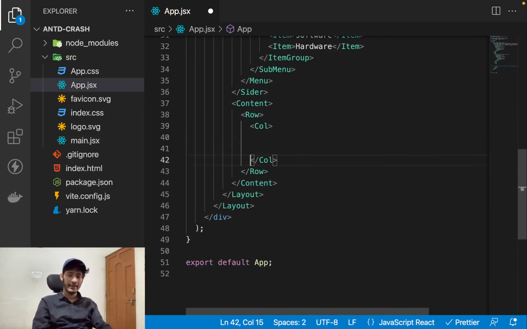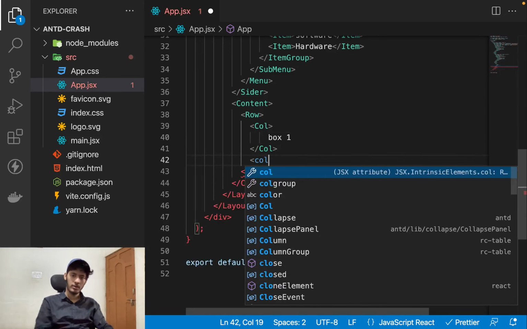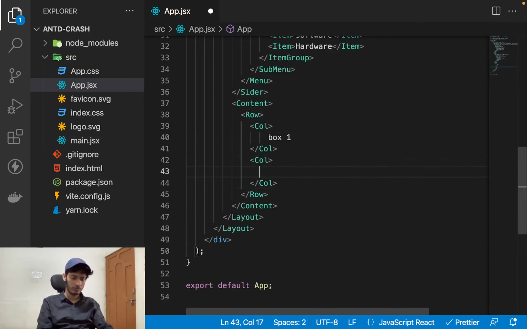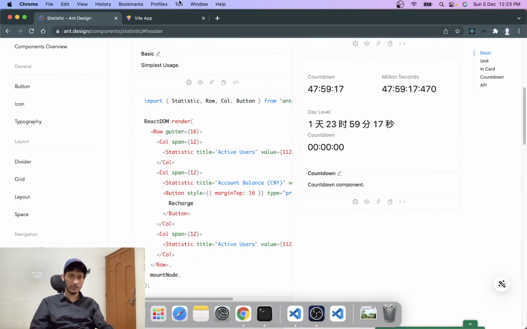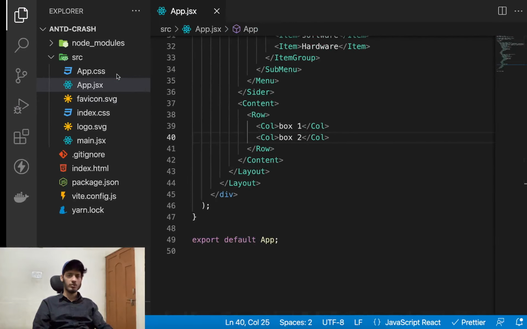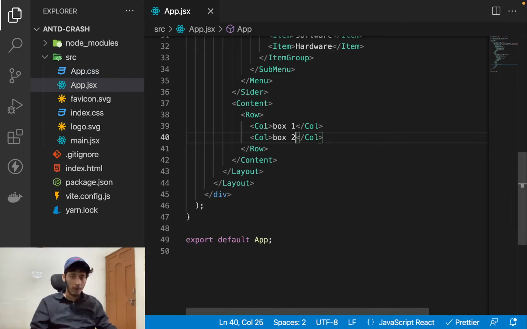If you don't write anything, that will have an equal division. Then this will have 100% division. So let's say box one, and then we have another Col, and let's call it box two, right? If you do something like this, what will happen is basically this will have box one, box two. There's no division. Okay, got it. There's no division. But I was wrong. This doesn't take full width. It doesn't care if you do that, right? But